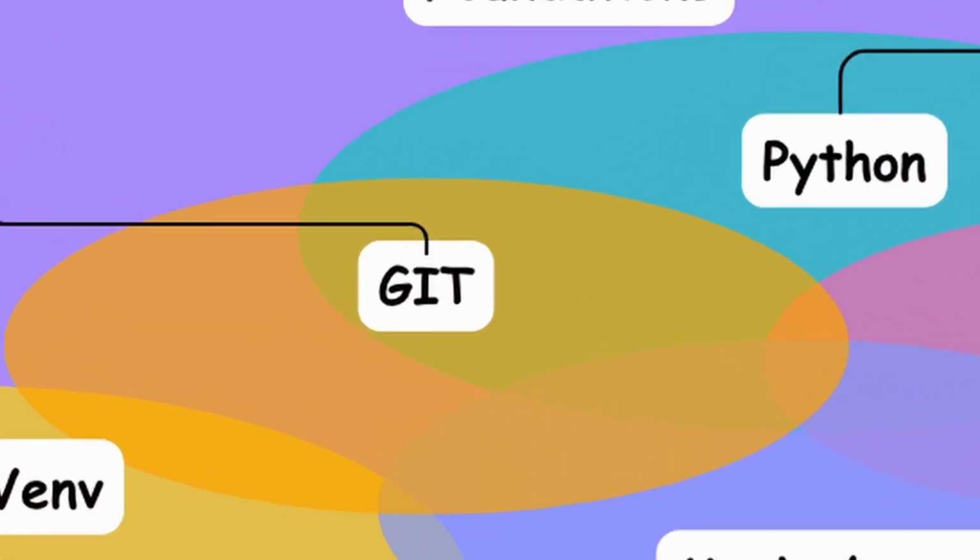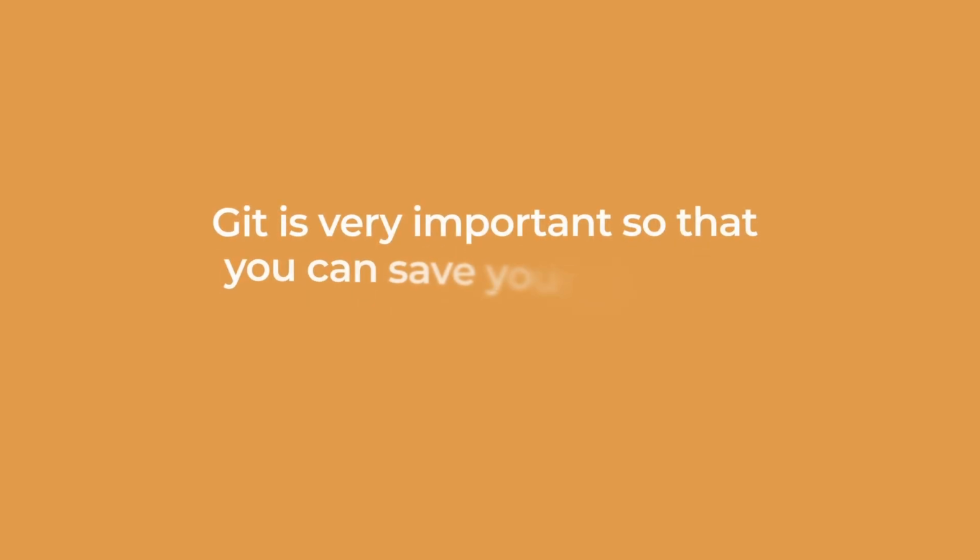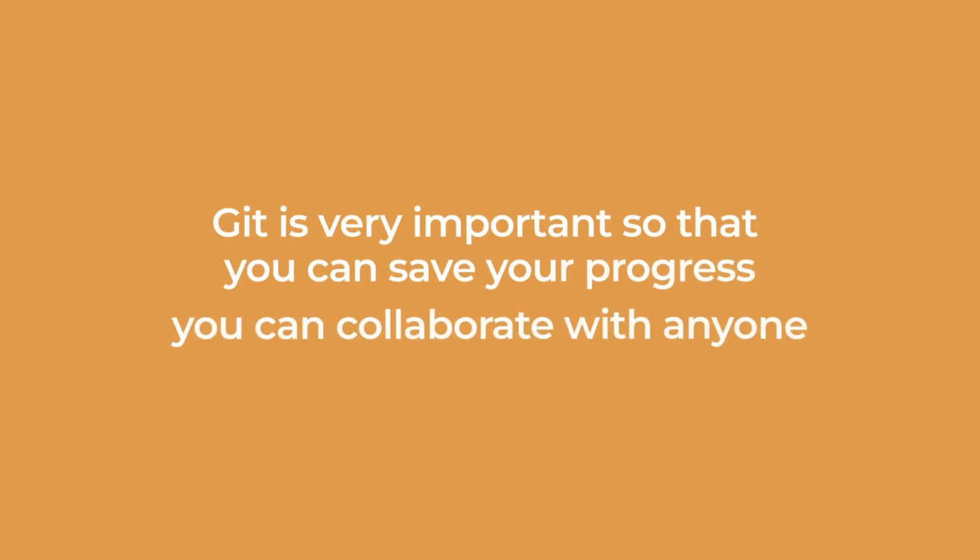Number 4 is master Git. And Git is very important so that you can save your progress and collaborate with anyone. This one is very neglected by a lot of beginners because it just seems very daunting and complicated. But think of it just as a way to save progress and collaborate with others on the same project. They can make changes, you can make changes, you can bring their changes, you can send and push your changes to GitHub, for example, to store it. It's very basic, and I've made a video covering this for about 15 minutes, just showing you the very basics on how you can start so you can remove that fear of starting with Git. I will link it also in the description below. You'll find all these resources so you can go and watch them on your own time.